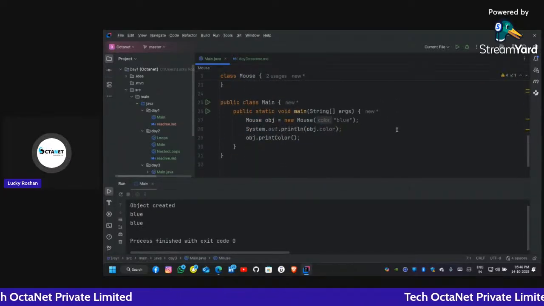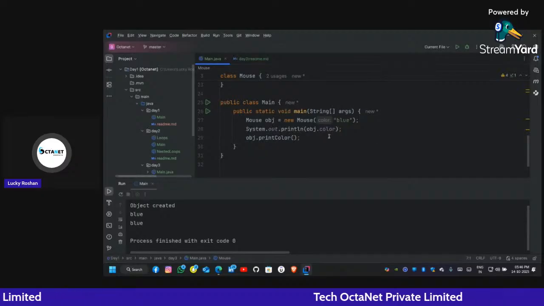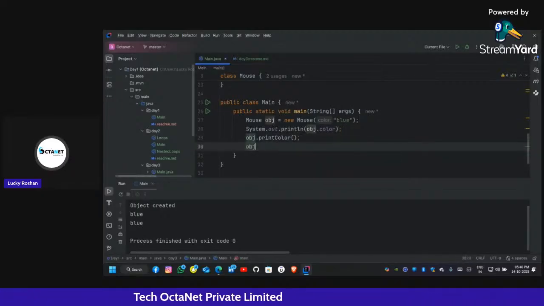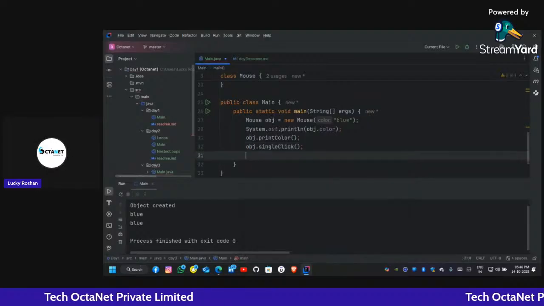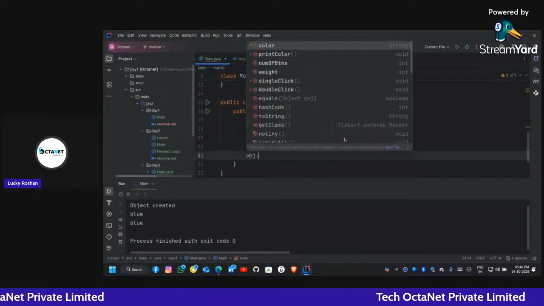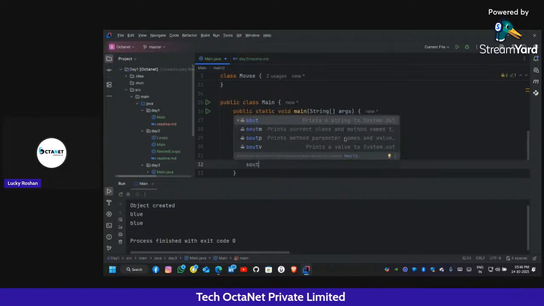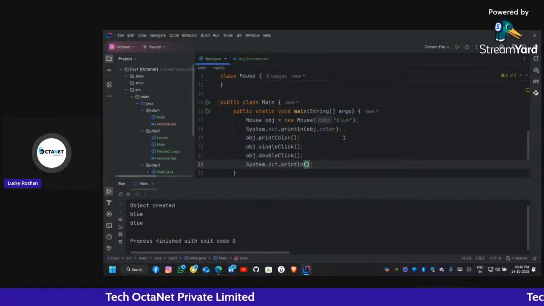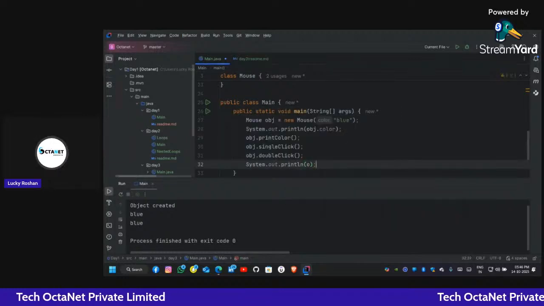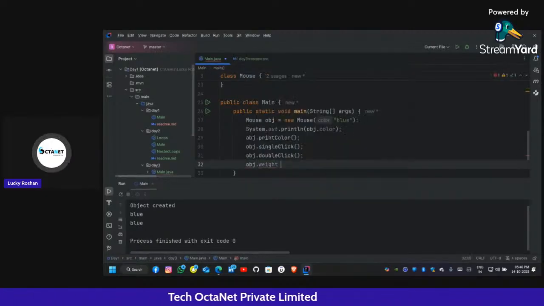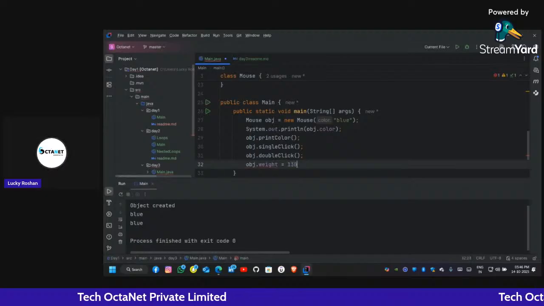To access the properties and attributes of classes, we use the dot operator. Just like this, we use obj.singleClick, likewise obj.doubleClick, and we can write System.out.println(obj. Now, first assign it. We can assign like this: obj.weight is equals to 130.